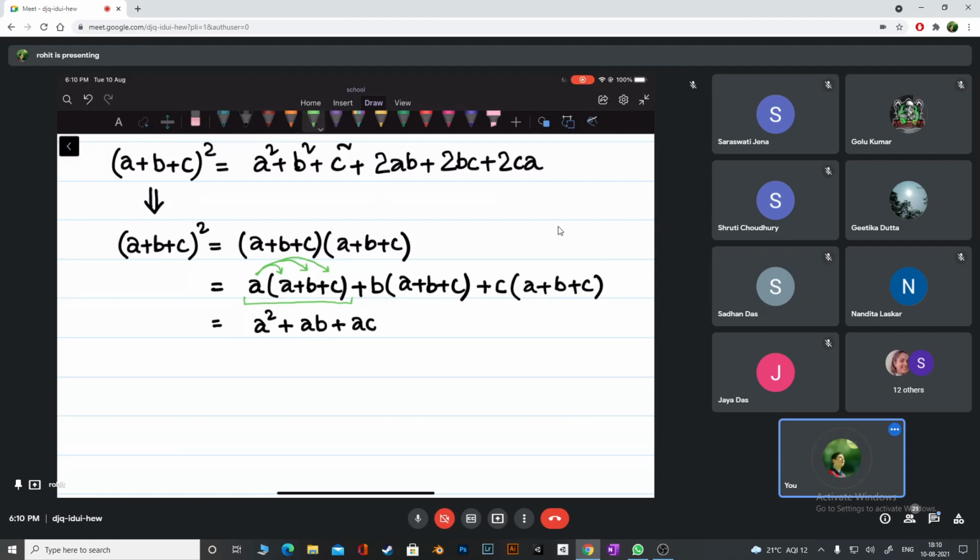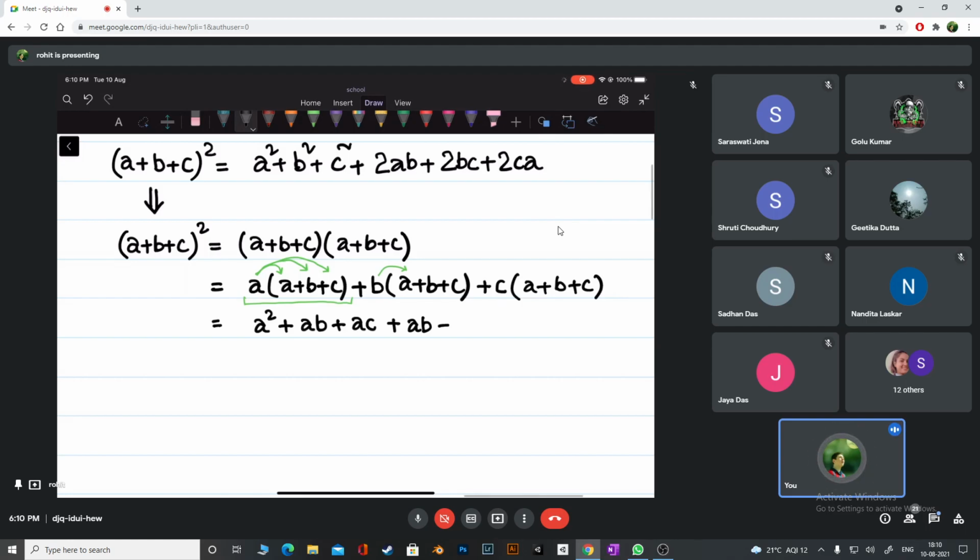The second one, B should be multiplied with everything, no? So let's try to do that. Tell me, what do I get? Plus, this is BA, right? BA is BA. But can I write AB or not? Yes, sir. Whether you write 3 into 2 or 2 into 3, will you get a different or same answer? Same answer. That's why AB can be written as BA also. So I'm just writing AB directly. Then look at the next one.